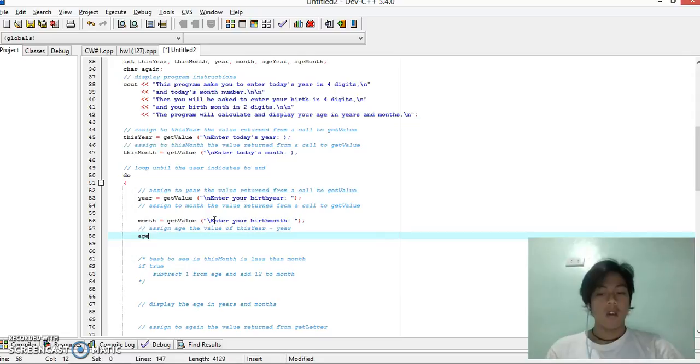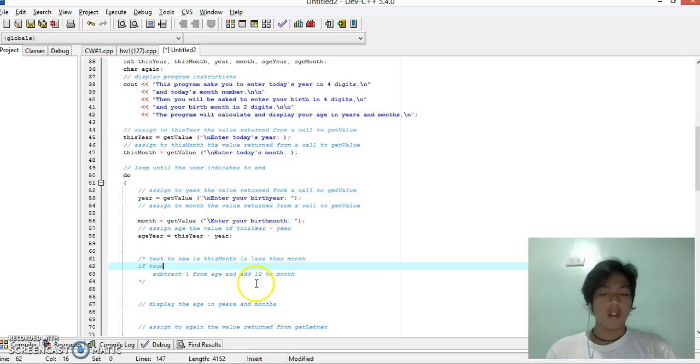And assign the age value: eachYear is equal to thisYear minus year. Test to see if thisMonth is less than month. If true, subtract 1 from eachYear and add 12.